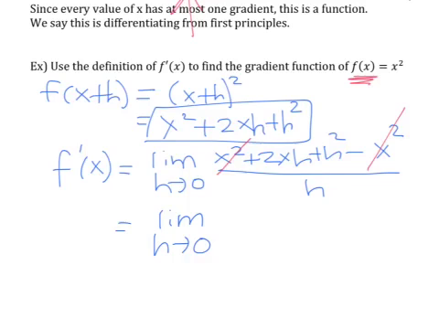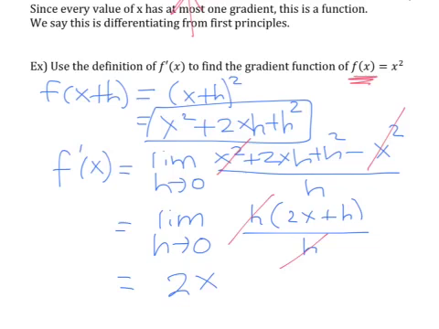2xh plus h squared, which they have both h's in common, so I can pull that out. 2x plus h all over h. And from the previous chapter, we learned that we can cancel out these two things. Therefore, I'm just left with 2x plus h. And we're going to plug in the value of h equal to 0, and you're left with